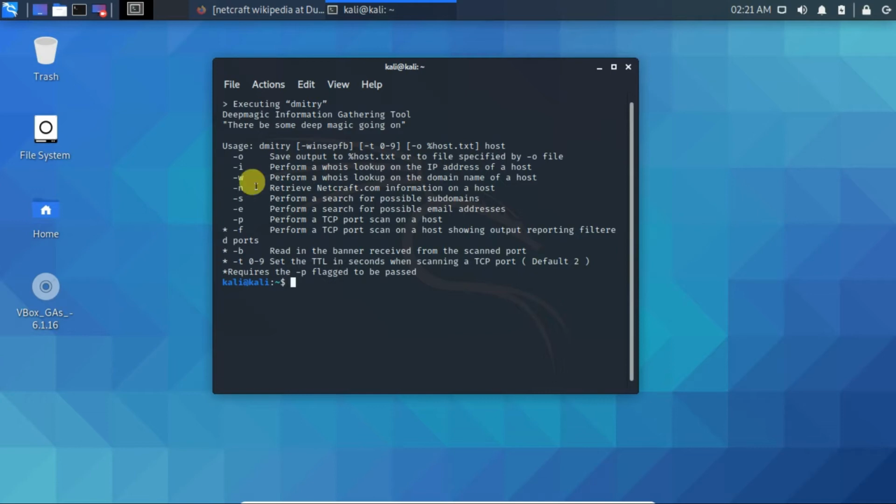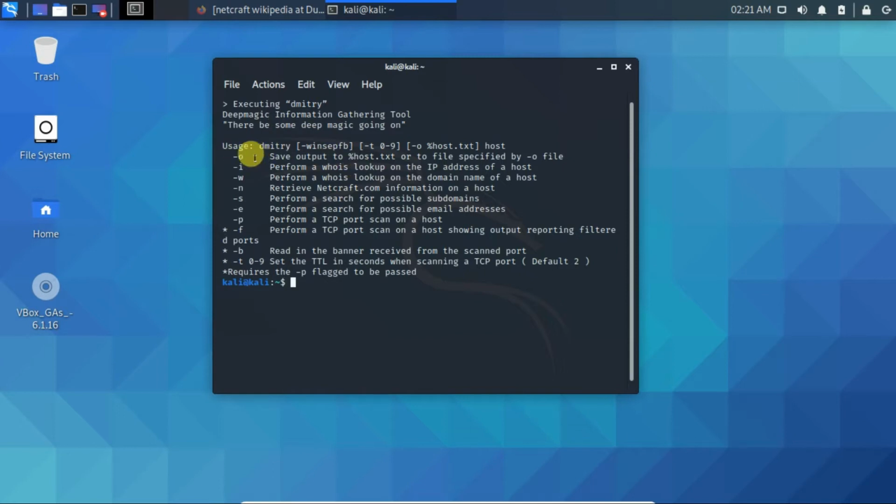Dimitri stands for Deep Information Gathering Tool. So here we have some information about the options and what the following commands do, under the usage.